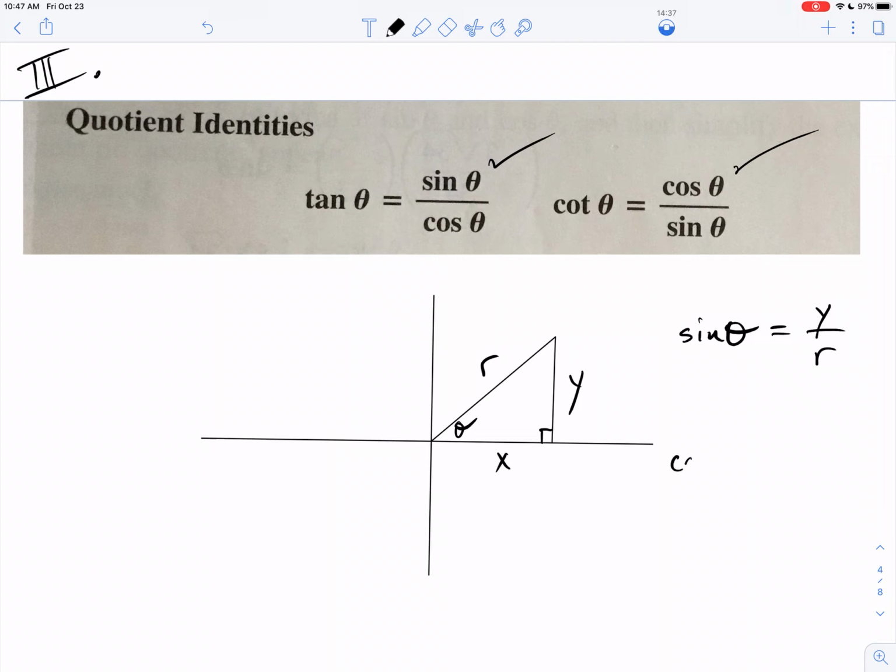If I wanted to know what the cosine of theta is, I would say that's adjacent over hypotenuse. And if I wanted to do, and I'm going to come over here, hang on, I'm going to give myself a little room here. If I wanted to do sine theta divided by cosine theta,